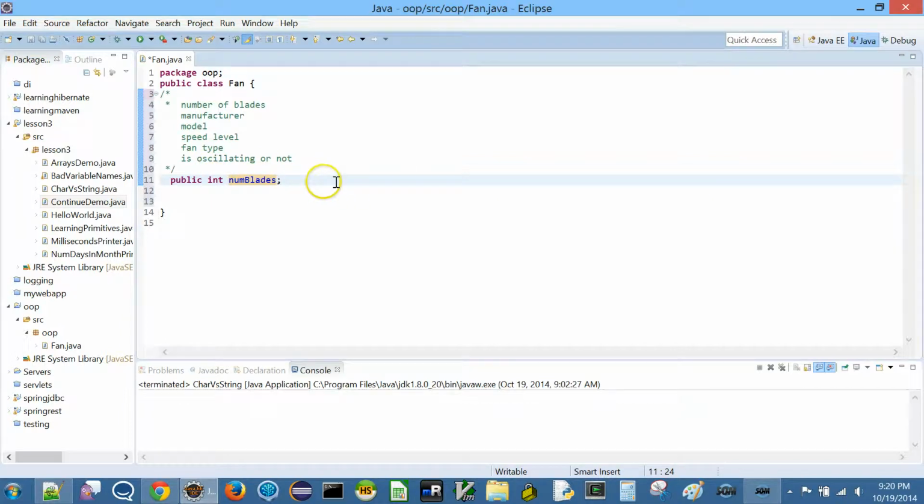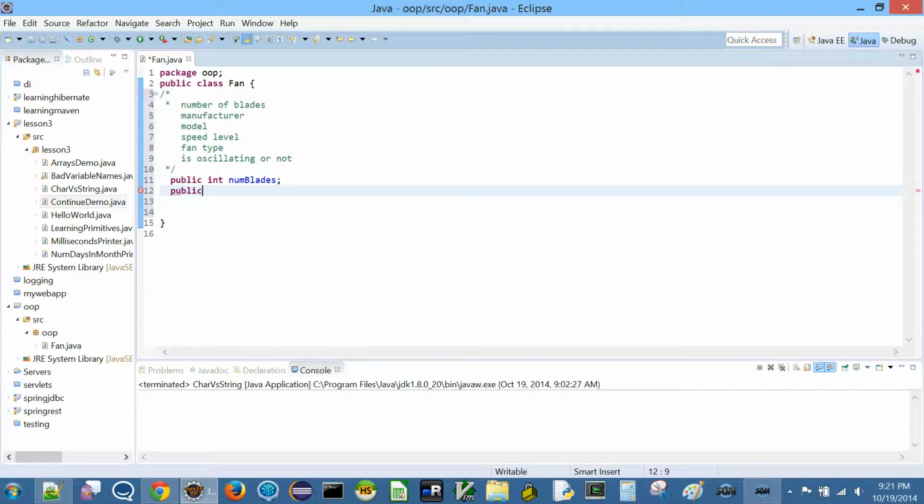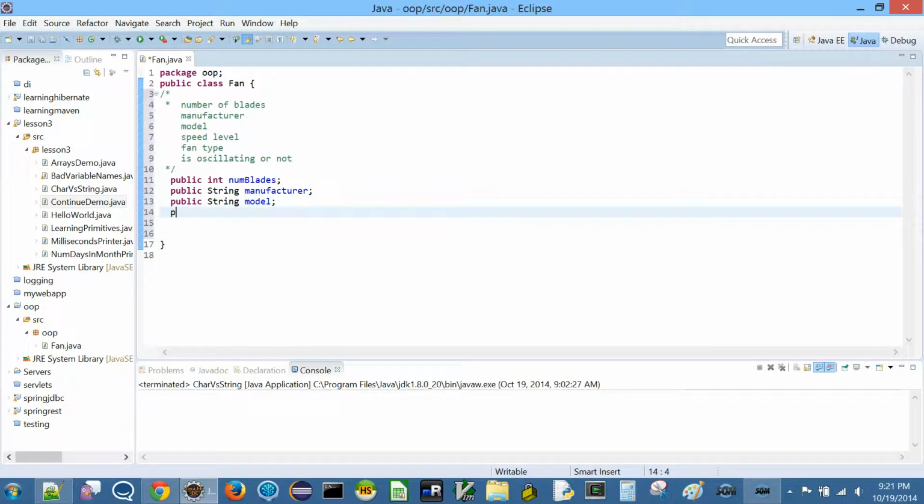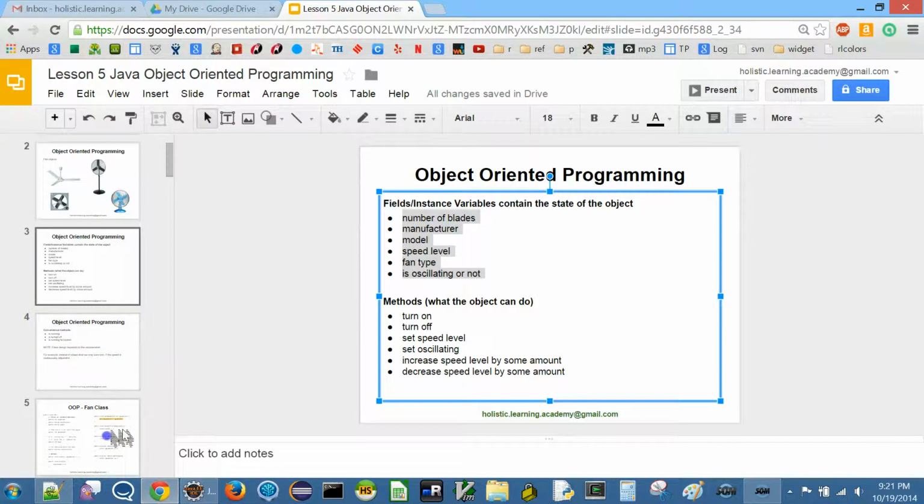So we are going to call these instance variables, and the variables that we declare inside this class are instance variables. Okay, so next I'm going to use manufacturer. I'm just going to use string. I'm going to say public string manufacturer. Okay, and then the model, again I can use string for model, right? Some model name. And then speed level, initially let's see what we have here.